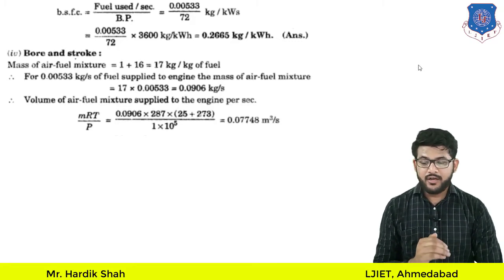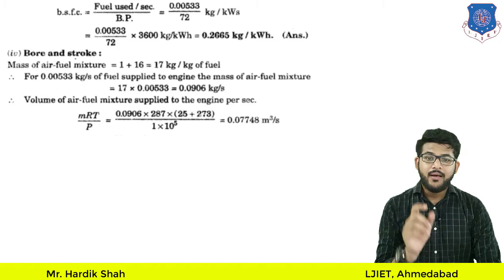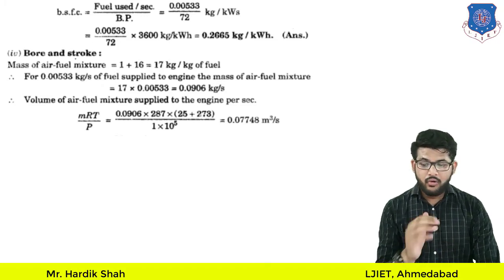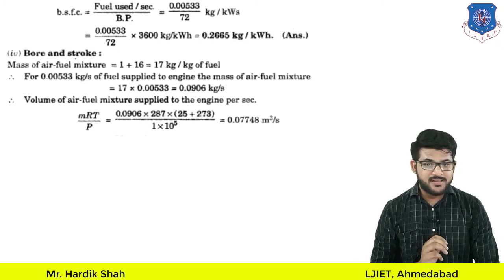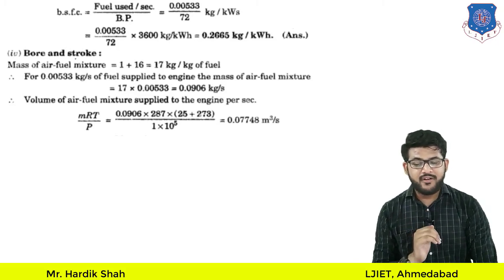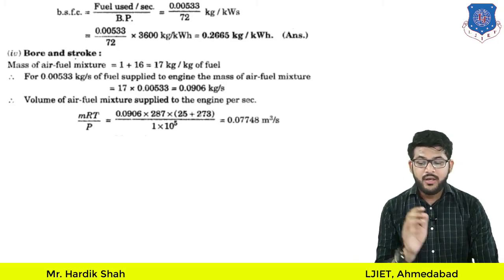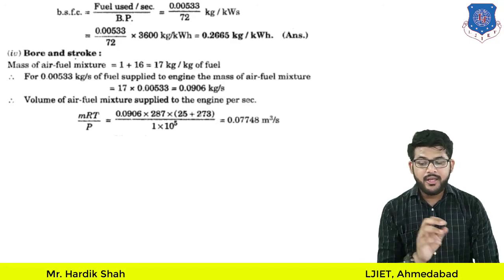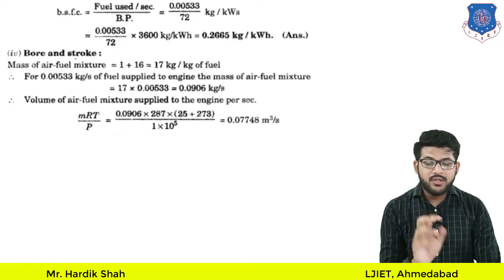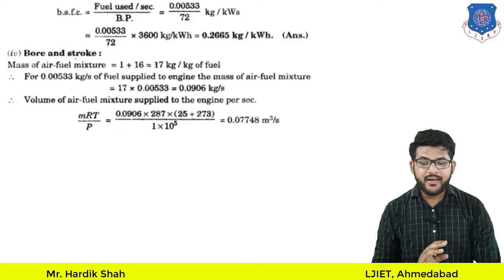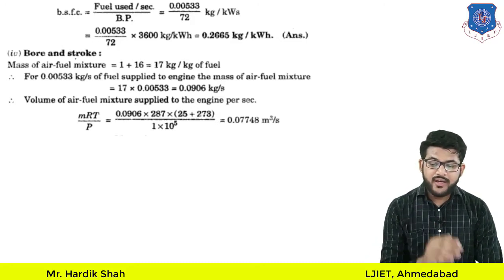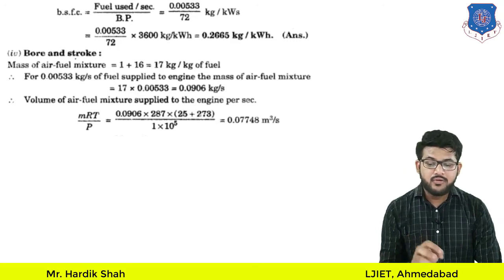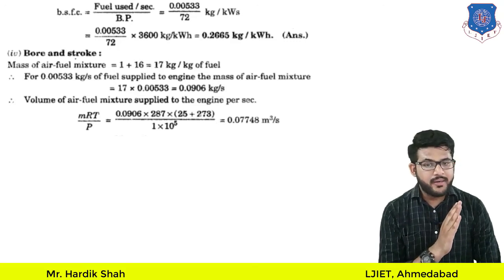Okay, thereafter the second formula, that is mRT by P, that you already know is a formula of the gas power cycles and other cycles. Fine. So mRT by P that we need to find, that is equal to what? m into R into T upon P. We will put in all the values of these technical terms. Pressure is also given, temperature is also given. So we can get the mRT by P value equal to 0.07748 meter cube per second.